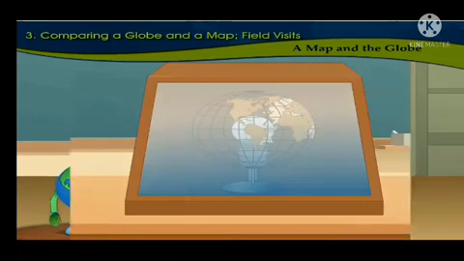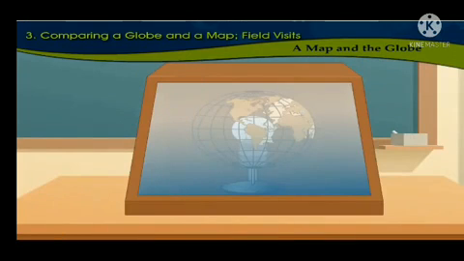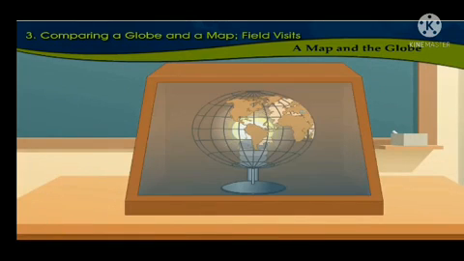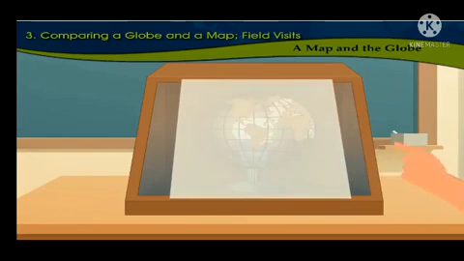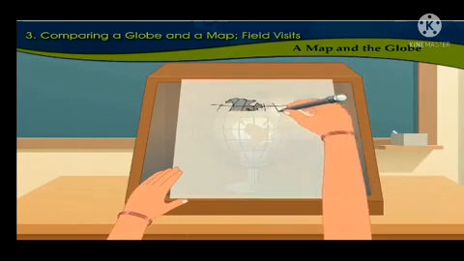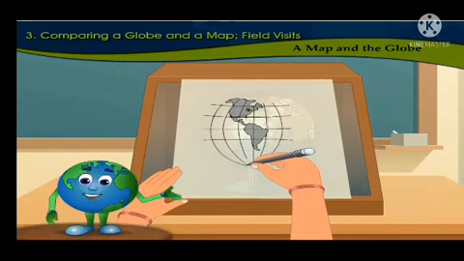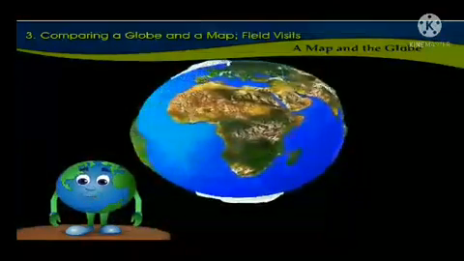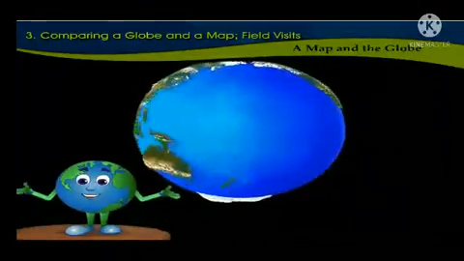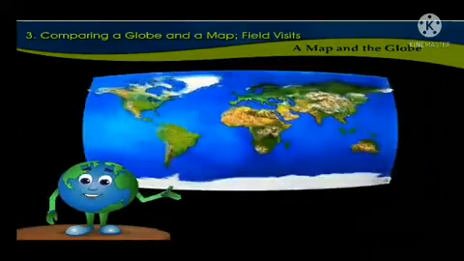In order to prepare a map from the globe, first we have to prepare a globe made of wire. A source of light is placed inside it, and then the projection of the wired globe is taken on the paper. A map is prepared with the help of this projection. This shows that a graticule is essential to prepare a map of the earth or any part of it. Thus, this is the method used for drawing a two-dimensional map on a paper using the three-dimensional globe.